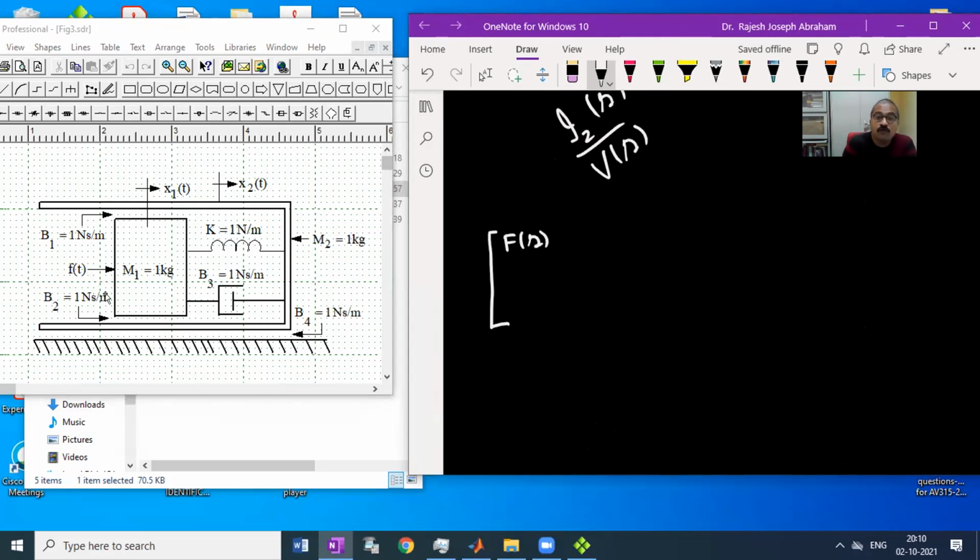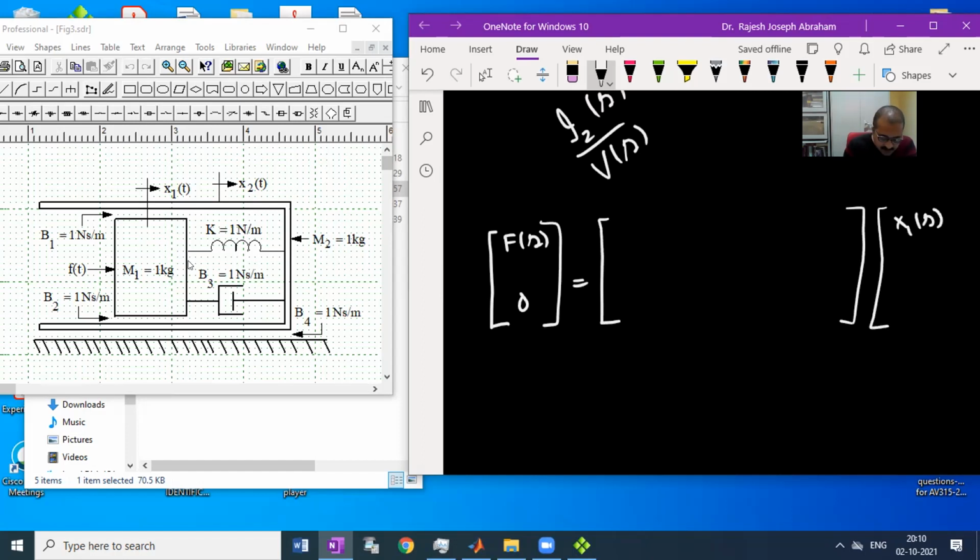We have only one external force being applied onto the system, so the remaining forces must be equal to some matrix times the displacement terms x1 of s and x2 of s. Keep in mind x1 of t is the displacement due to mass m1 and x2 of t is the displacement due to the frame having a mass m2.